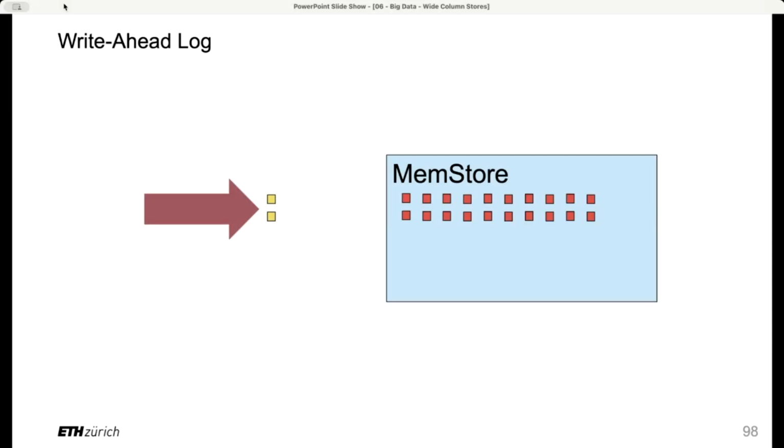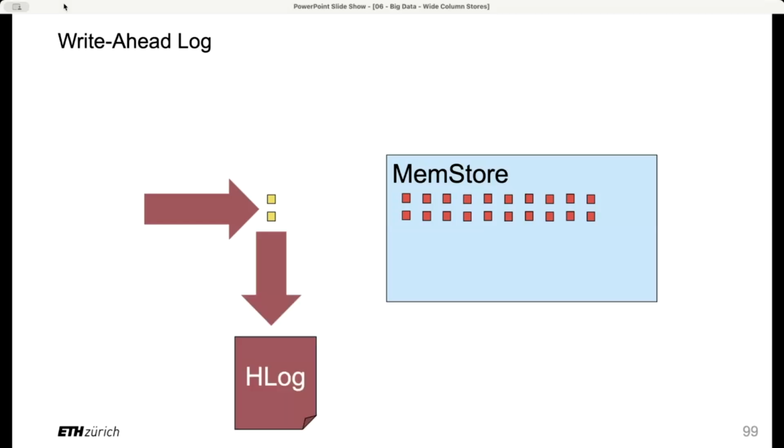We solve it with what's called the write-ahead log. If you want to connect it with something we've seen before, it's like the edit log of HDFS. Remember, in HDFS, we keep an edit log of all the changes made. Well, we do the same thing here. So what is done is that whenever you want to create new key values and put them into your tree structure in the memory, in the MemStore, before you do that, you also store these new key values to, guess what, an HLog, right? An HLog is a file that has all the key values